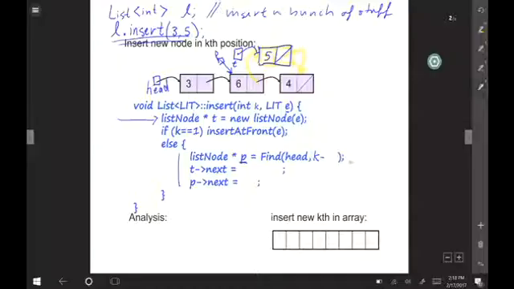Look, even in our example, k is equal to 3, right? We said put it in the third spot. We want the pointer to the spot before, and find walks forward a certain number of steps. Find is going to start at head and walk forward how many? 1, right? 3 minus 2 is 1 step.